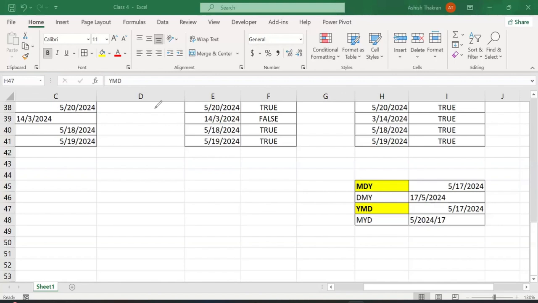ओके, सपोज आप कोई डेट लिखिए, 5/7/2024। Okay, let me write it one second. 5/7/2024. हाँ, इसे टेक्स्ट में कर दीजिए। Okay. अब ये टेक्स्ट में हो गई, ठीक है।